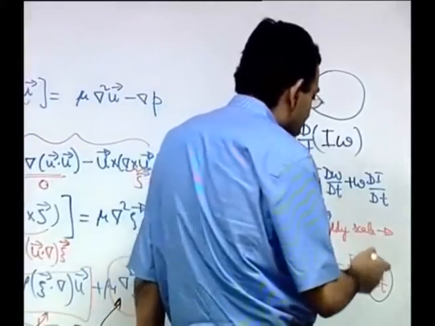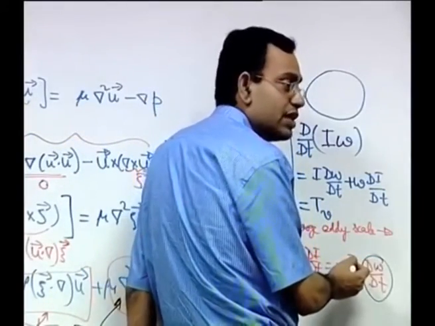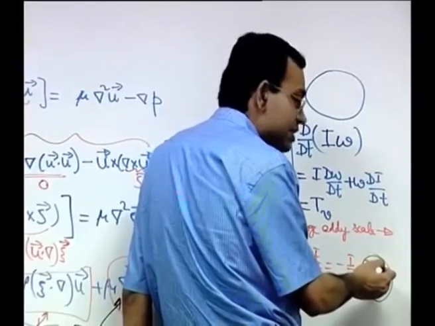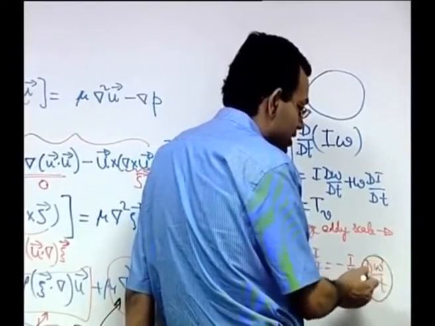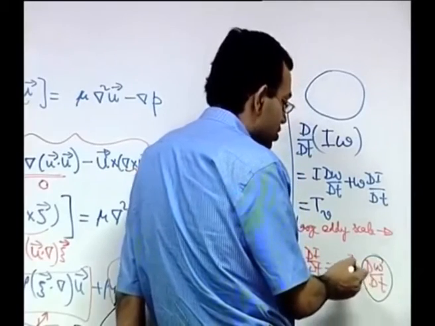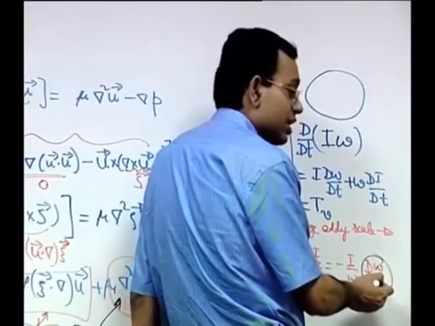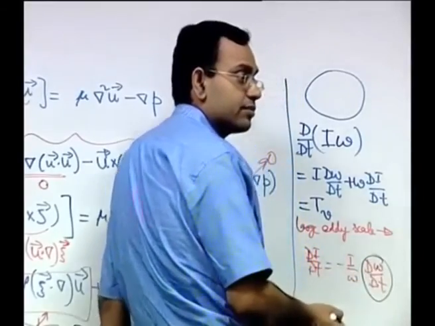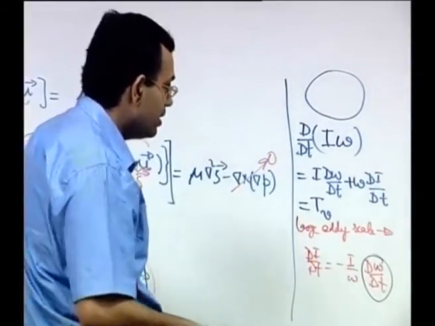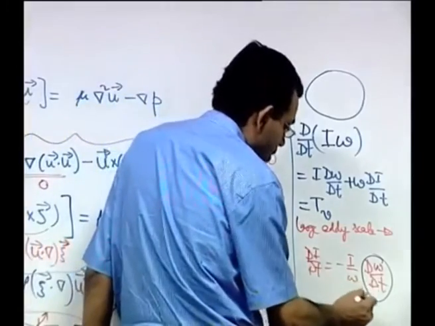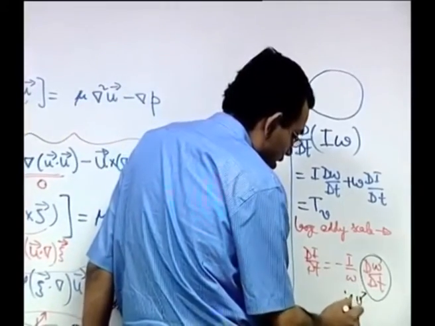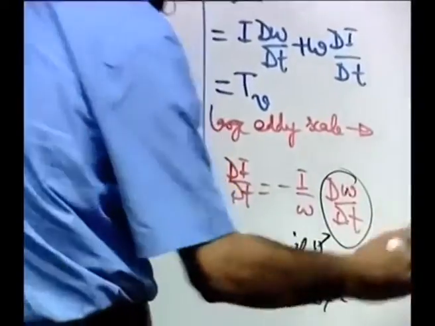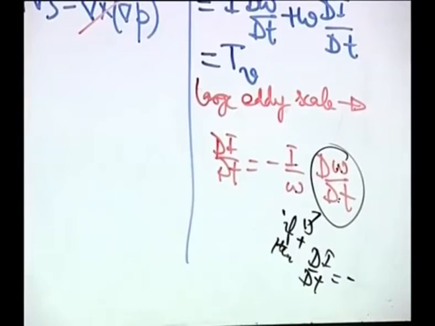So with time, if that is increasing, now I is moment of inertia which is positive, and omega, remember here we are writing it in the same sense. So whatever is the omega sense here, the same omega sense is here, so that if d omega dt is positive, then this right hand side will be negative. So that means if this is positive, then di dt is negative. So di dt is negative means what?